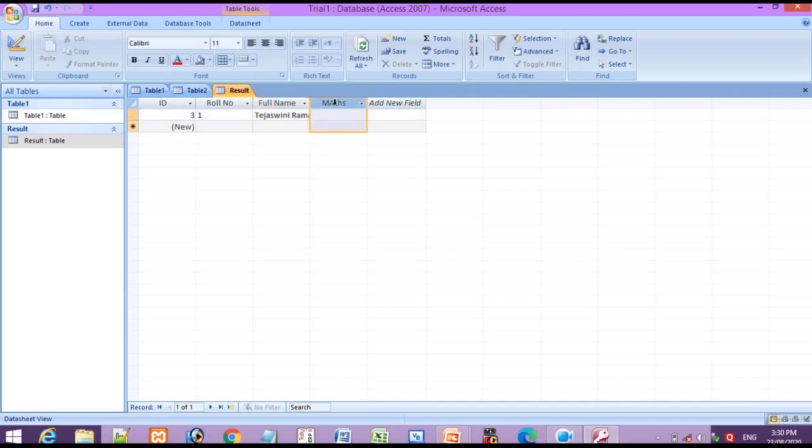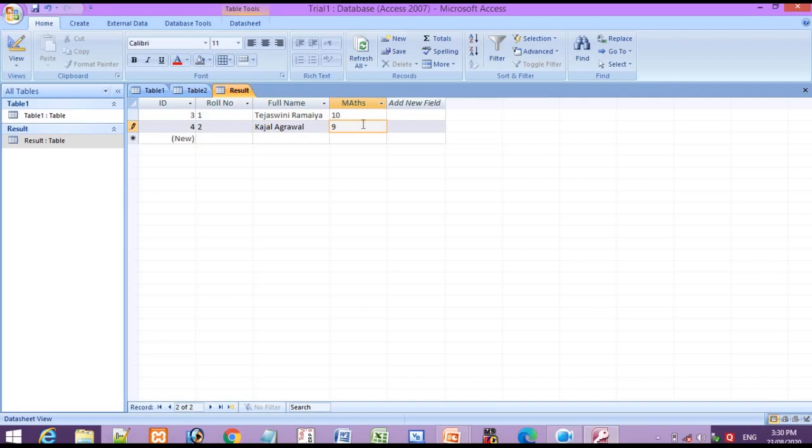Okay, so I can increase the size of a table by, here you can see a plus sign. With this I can increase the size of a table. So in this way you can add a record in your table. Like here I am giving here again name like, marks as 19. Okay, so in this way you can add a field in your table.